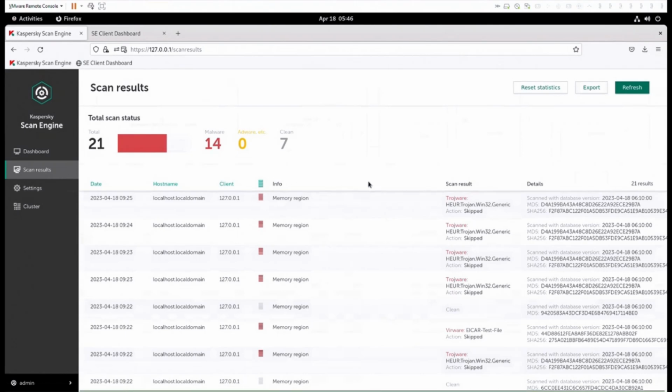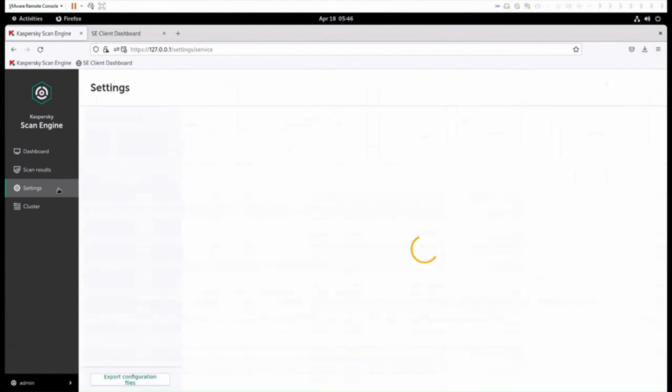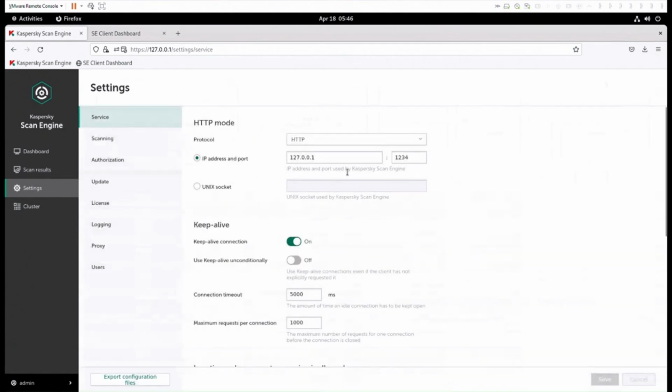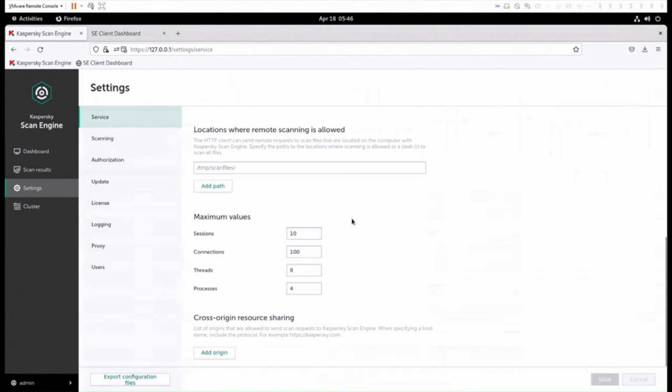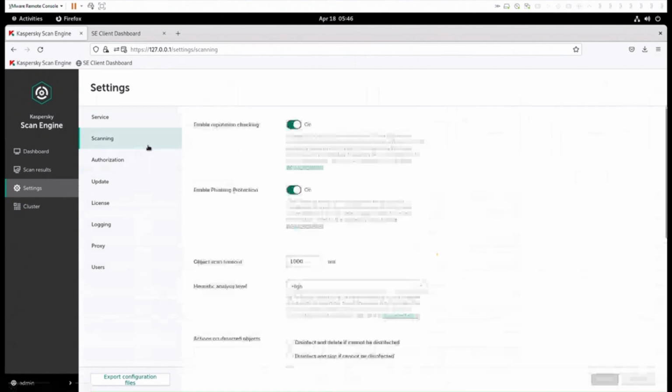Here we have records related to objects that have been recently scanned. We have timestamps here and scan verdicts, and some object details like file hashes and versions of antivirus databases. And here we have our settings section. We have here connection settings, such as protocol and IP address and port, and some fine-tuning configuration for performance. In the scanning section, we have